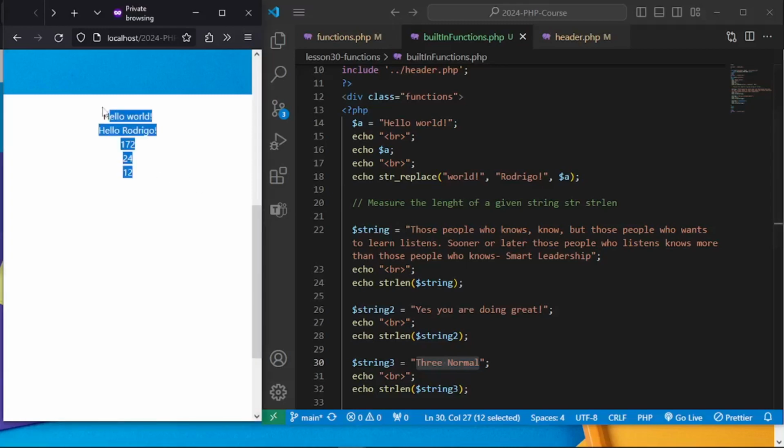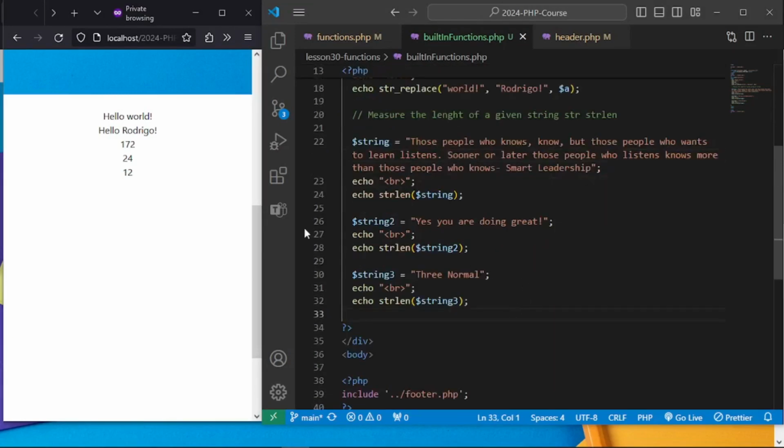So I hope that you got the idea with regards to how to use the string replace. This might be something that you might be able to use in some cases. So let's try to, I just want to show you one more thing here. Let's just copy this for some more examples. So string length, let's just go get the first one here. And let's say I would want to have,